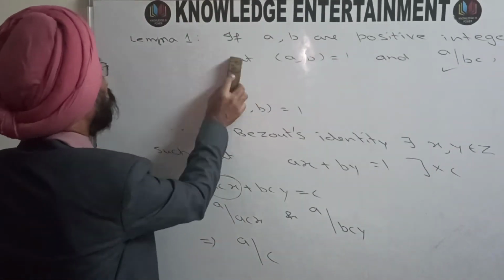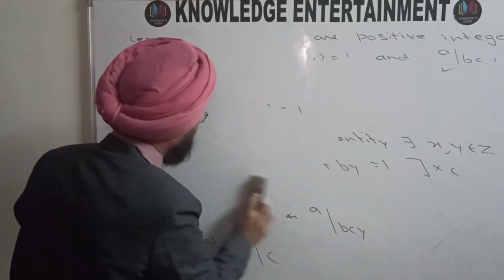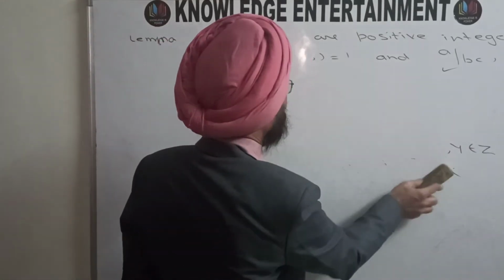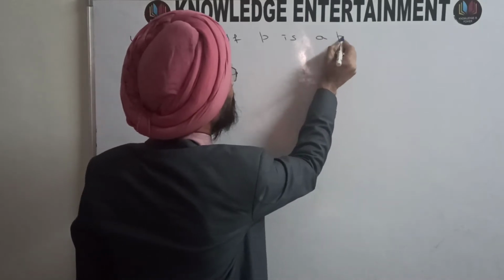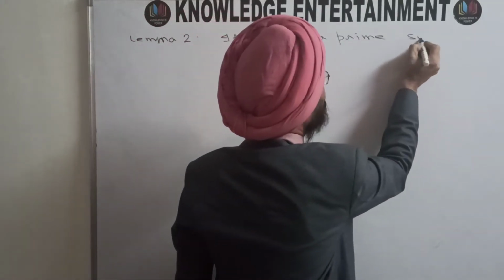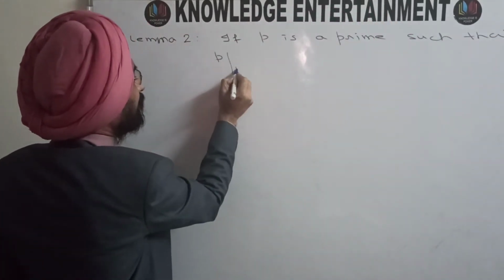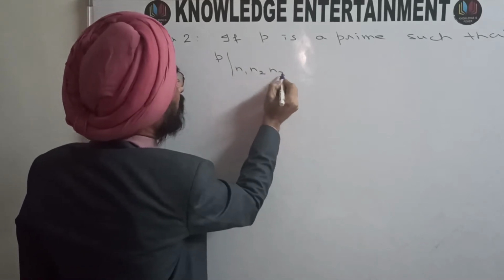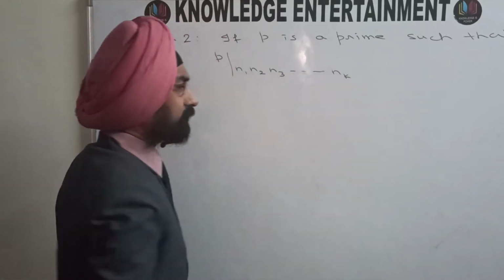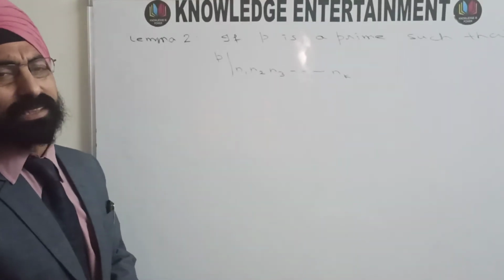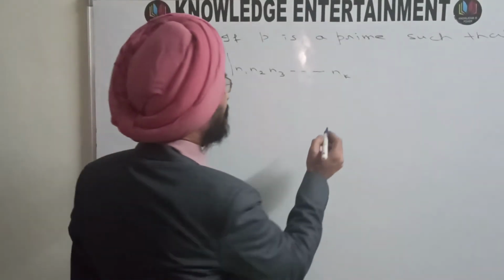And now I am moving on to lemma 2, which will be needed while we prove the fundamental theorem of arithmetic. The second lemma, lemma 2, is nothing but the extension of lemma 1. If P is a prime such that P divides n1, n2, n3 and so on up to nk, where these n1, n2, n3, nk are integers and P is a prime, then